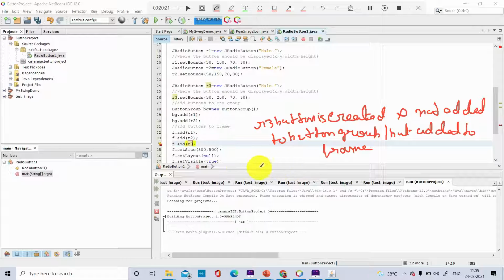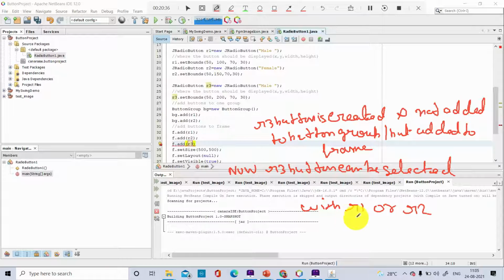So what will happen now? Now the R3 button can be selected with R1 or R2, because R1 and R2 are added to the button group. R3 is not added. But you have to add it into the frame. If you don't add it to the frame, then you cannot see that button. So that is what you need to understand, students.